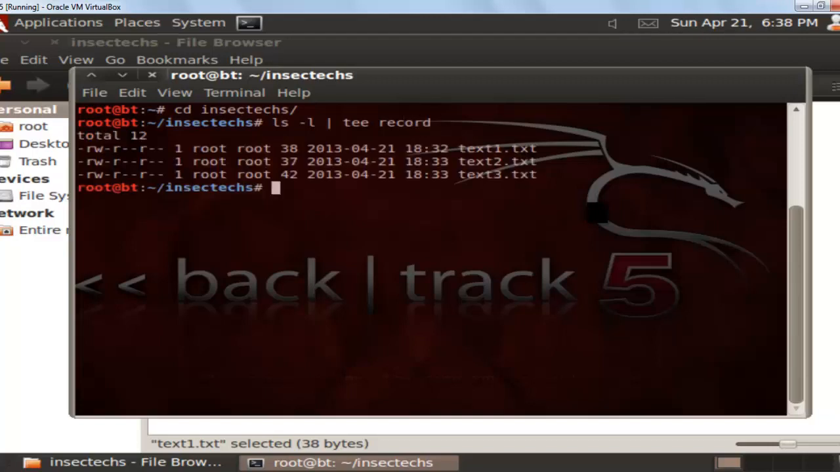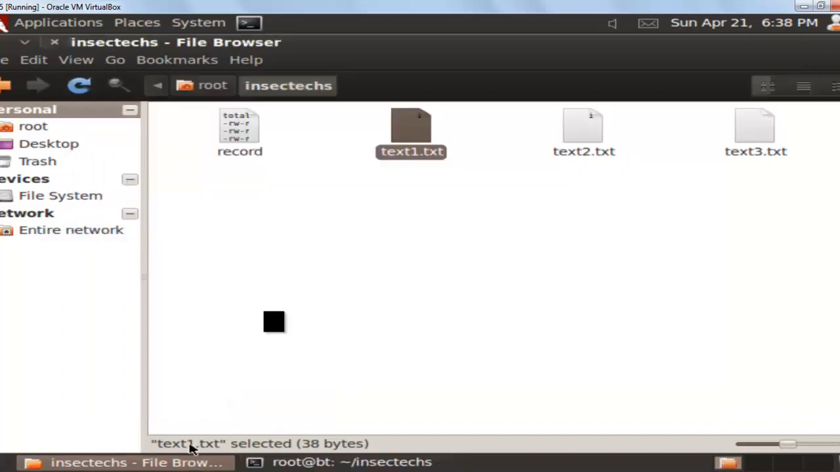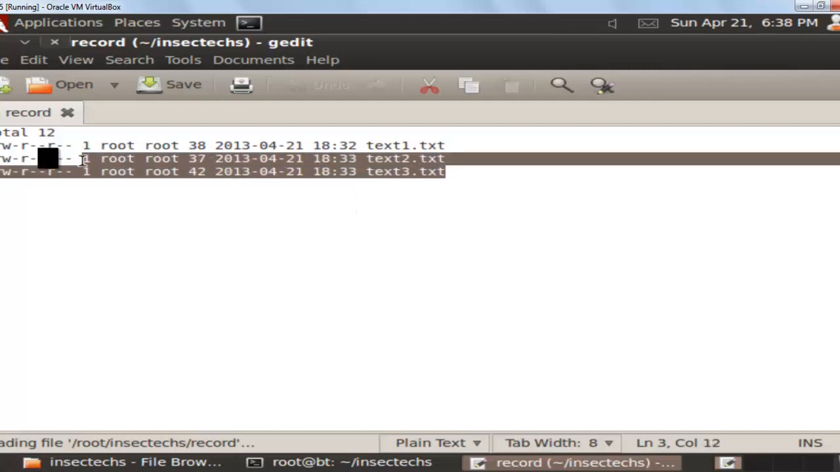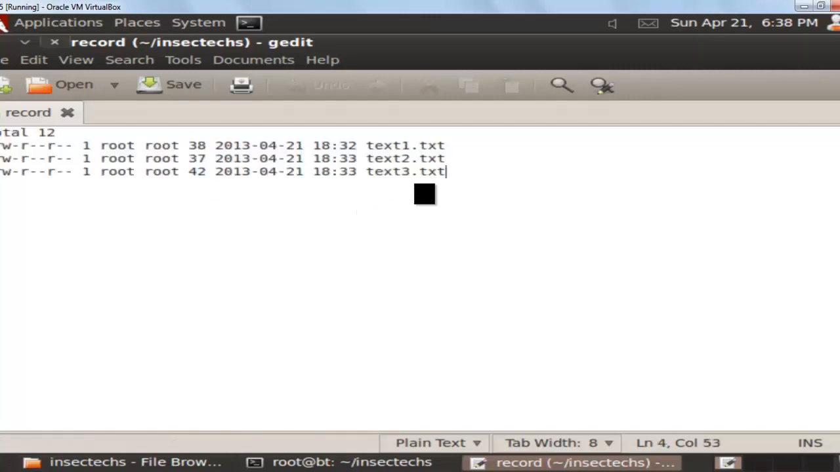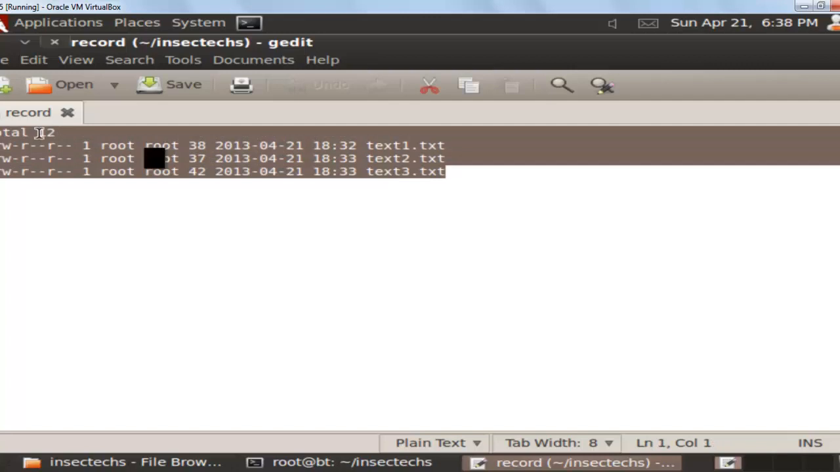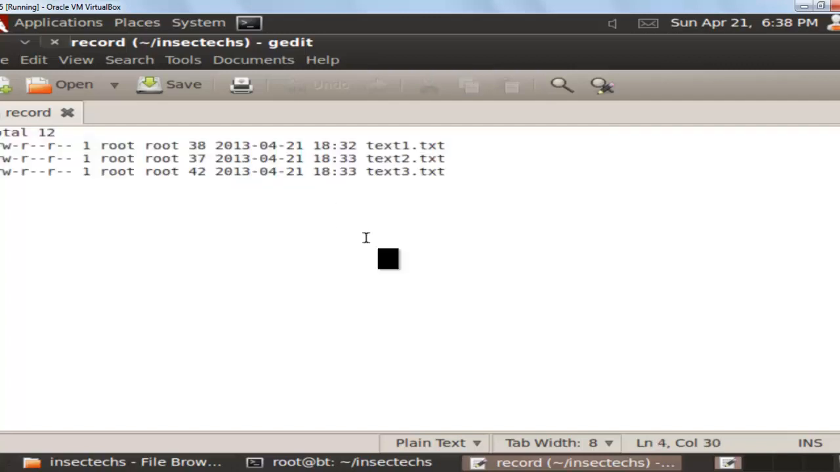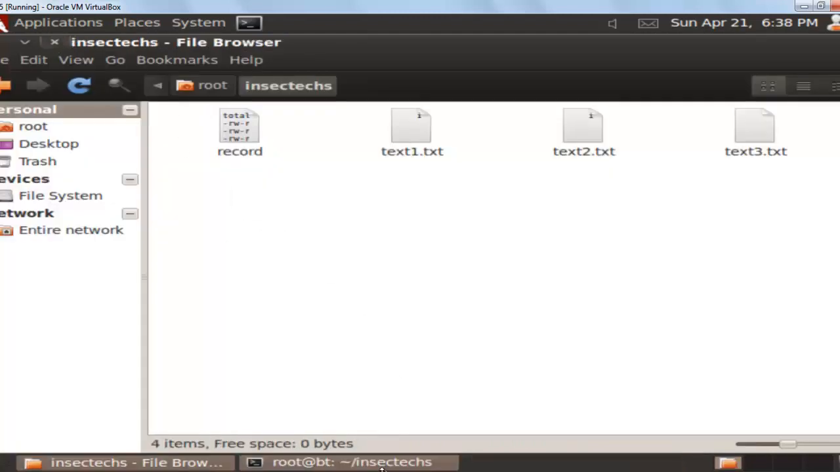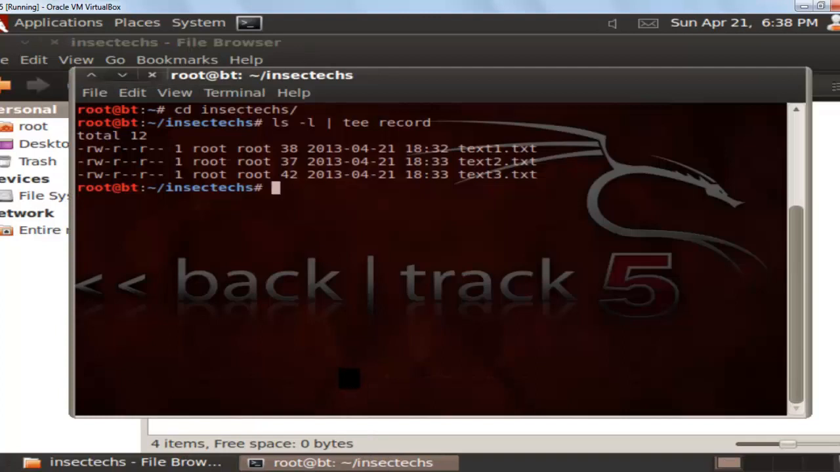And if you go to your insectx folder, one more new file has been created with the name record, and the data which is actually appearing on the terminal has been written into this particular file using the command tee. So this is how we can use the tee command in Linux. And the next one is